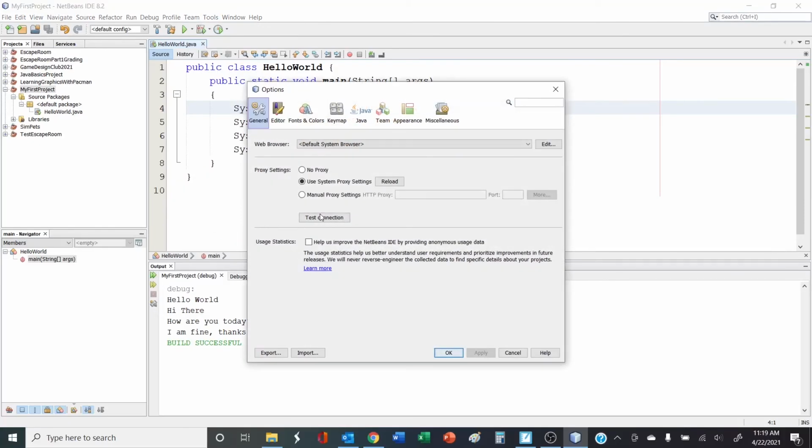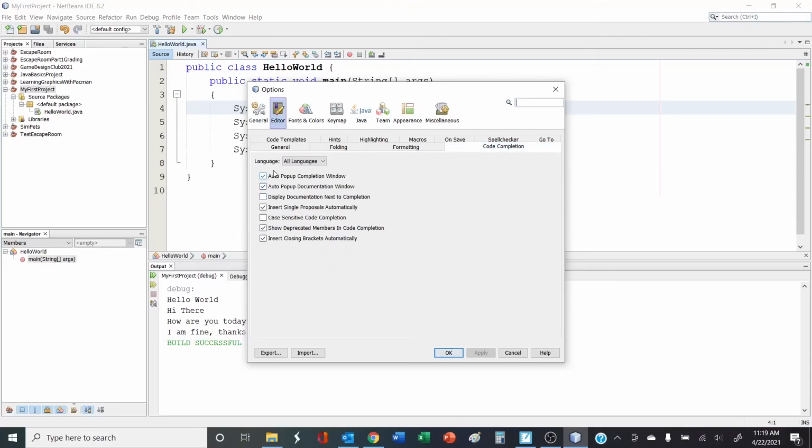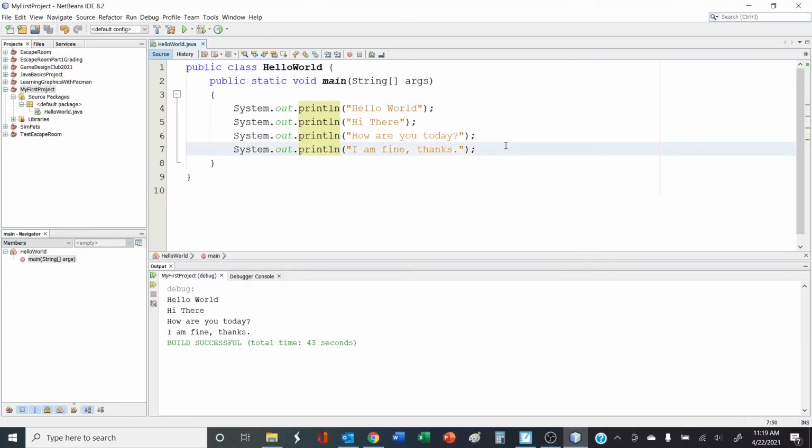Now, what's in here? Well, there's a whole bunch of standard things, like I could change the appearance, the editor. The editor has something called code completion. Now, this is quite useful. Auto pop-up completion window. Now, what exactly is that? Let me show you. When I type system.out,